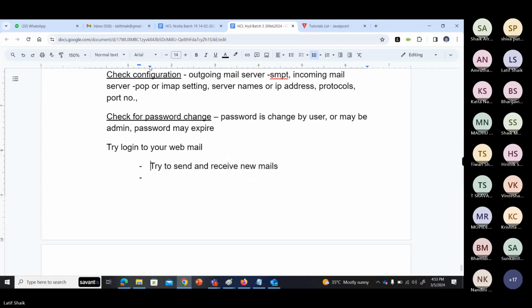It is an application related issue. Okay, if it is not working,